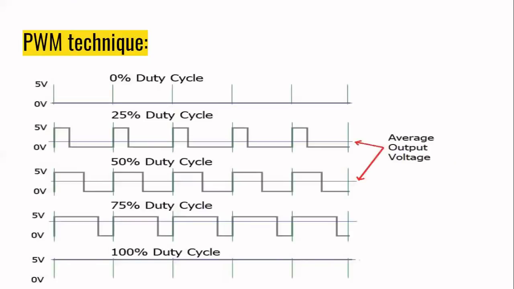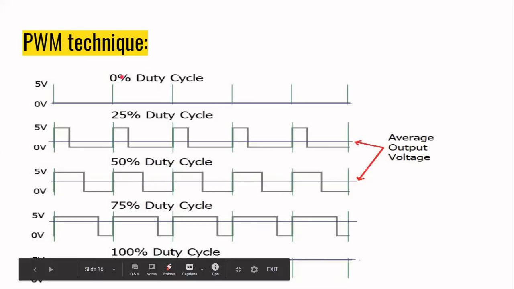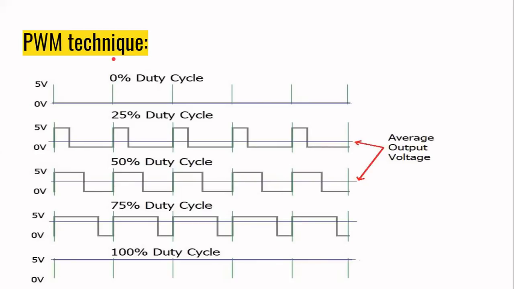Now how are we controlling the speed of the DC motor? So we will be using the PWM technique. It is a technique to change the average voltage through digital pins. As we are connecting the Arduino I/O pins to the motor driver, these I/O pins can have only two levels: 0 level or low level, and 5-volt or high level.